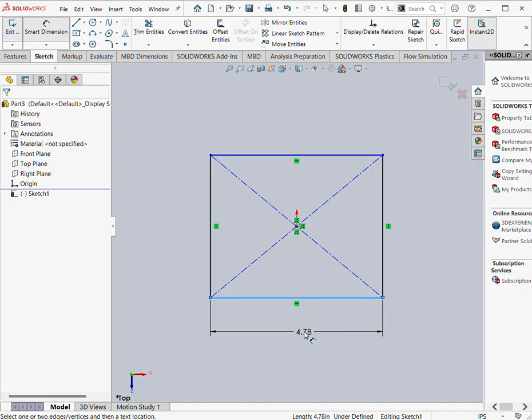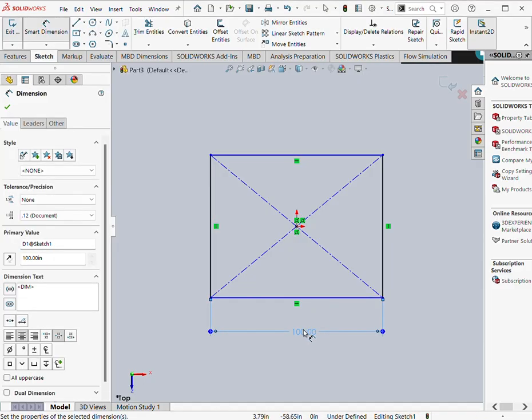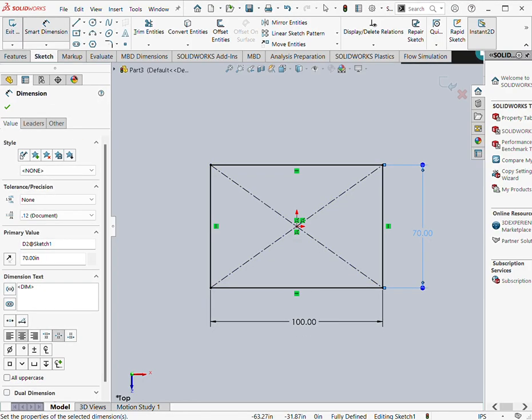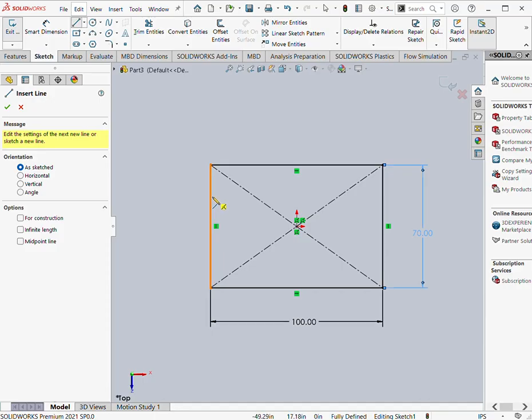100 by 70. This measure defines the maximum width of this rectangle. It should be 100 by 70. So later on you will draw two lines